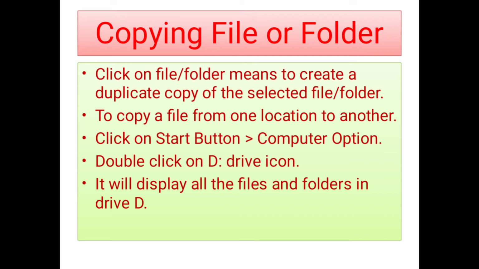Next one. Copying a file or folder. So, why should we copy a file or a folder? To have a duplicate copy. For example, sometimes we will be having, let us take our questions and answers or anything else. Sometimes what happens, the full question will be the same. Only a small thing will be changing in that particular question. Then what we'll do, we'll write that whole question again and just replace the content in place of the previous question.